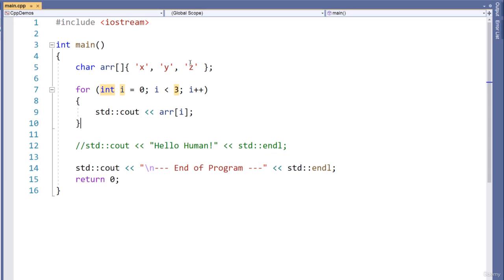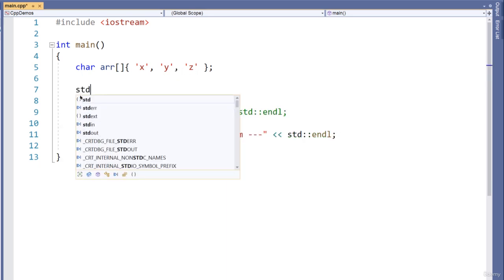But one issue with this is we have no indicator to where the character array ends. Remember I discussed sentinels in the first module, C++ 101. So with C strings we actually have a null terminator at the end. And with that we don't have to keep track of the size of the array. We can just use that sentinel. When it reaches the sentinel, of course it's going to stop iterating through the array, printing it out or whatever we are doing. One example on why this is important is